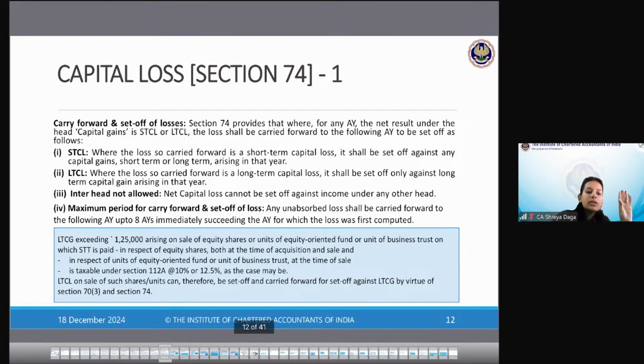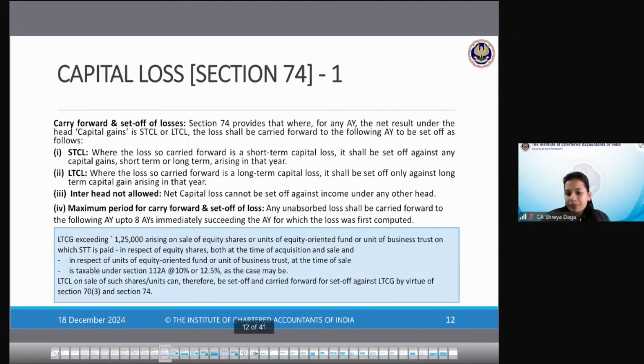Okay. And long term capital loss arising from 112A assets, that is equity oriented mutual funds, equity shares, units of business trust on which STT is paid. Basically, LTCL from 112A sources can be set off against LTCG. Why they are specifically mentioning is because a few years back, it was exempt. It used to be exempt. Long-term capital gain from these sources used to be completely exempt. And now it is exempt up to 1,25,000. But,